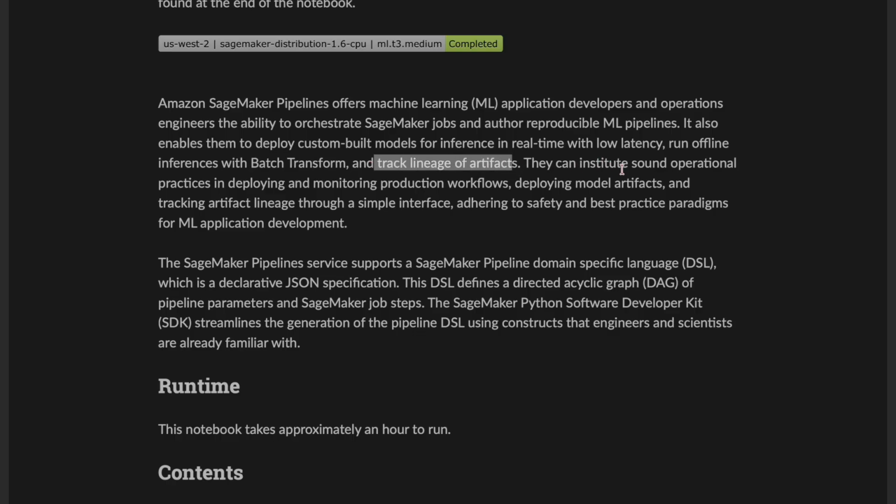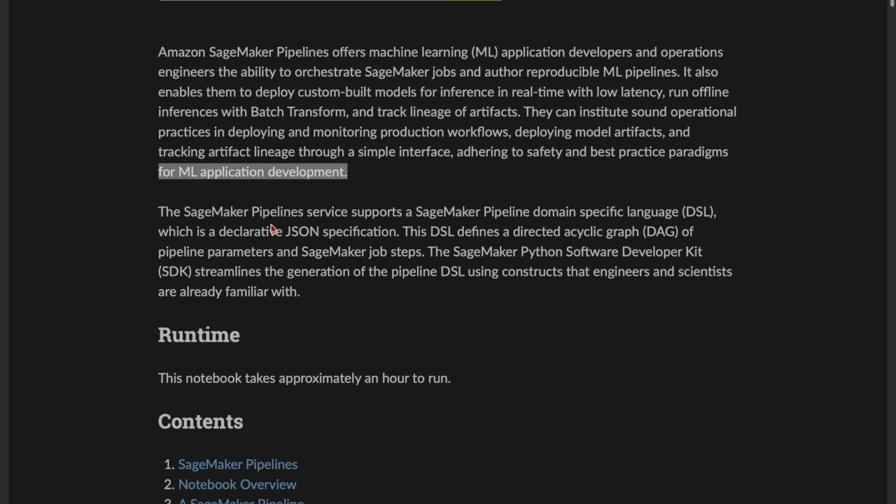They can institute sound operational practices in deploying and monitoring production workflows, deploying model artifacts and tracking artifact lineage through a simple interface adhering to safety and best practice paradigm for machine learning development. The SageMaker Pipeline service supports a SageMaker Pipeline DSL, that is domain specific language, which is a declarative